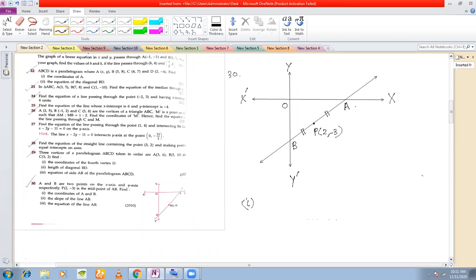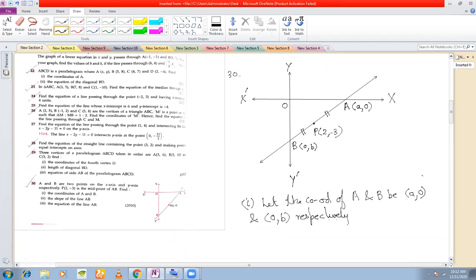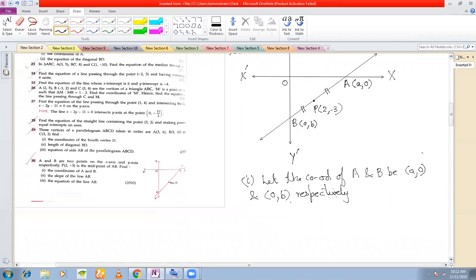You know that A is a point on the x-axis, so I can take the coordinates of A as (a, 0), and I can take the coordinates of B as (0, b). So I start by saying let the coordinates of A and B be (a, 0) and (0, b) respectively. Therefore,